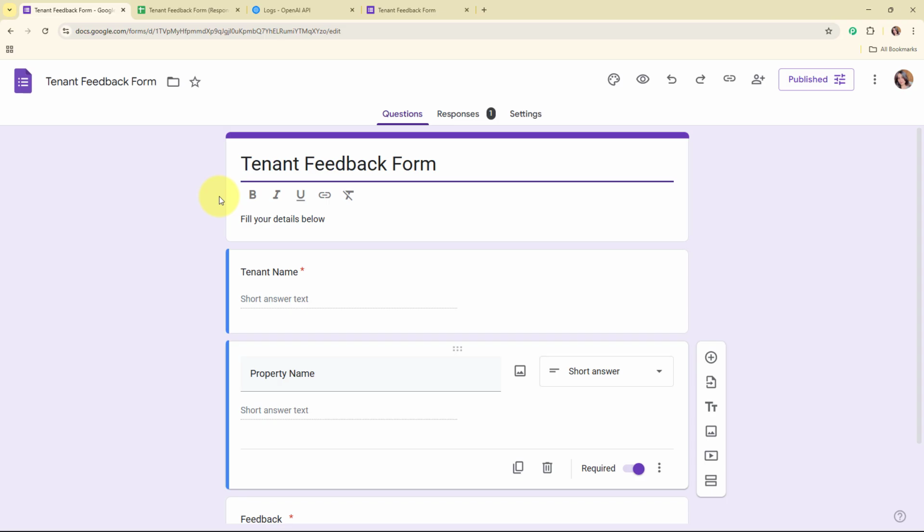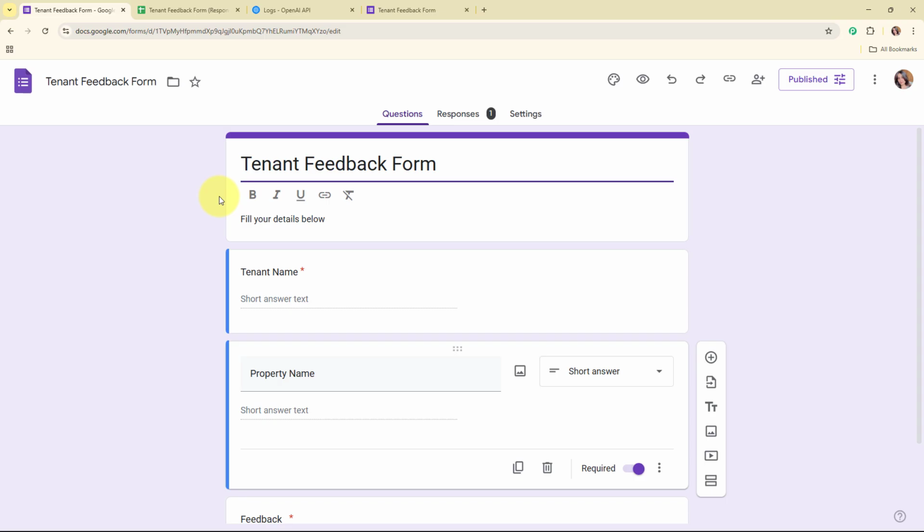But going through each response manually takes a lot of time, and sometimes I miss important patterns or issues. By building an AI agent to automatically analyze this feedback, I can quickly get a summary of what tenants are happy or unhappy about, detect common complaints, and take actions faster. This helps me improve my service, keep tenants satisfied, and manage properties more effectively without spending hours reading every single response.